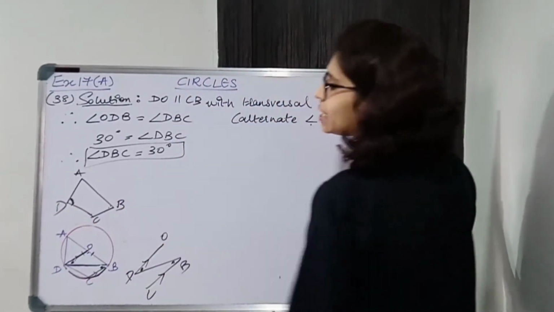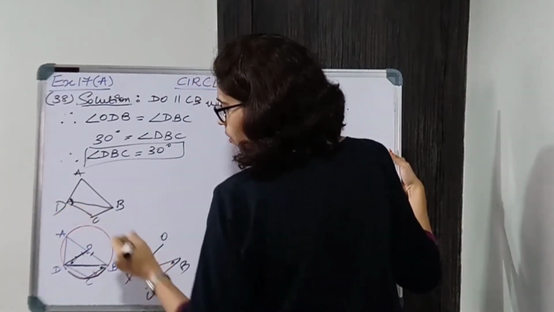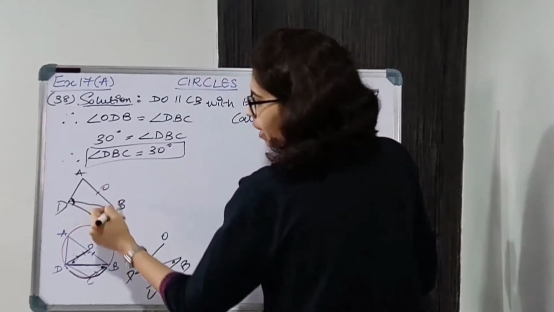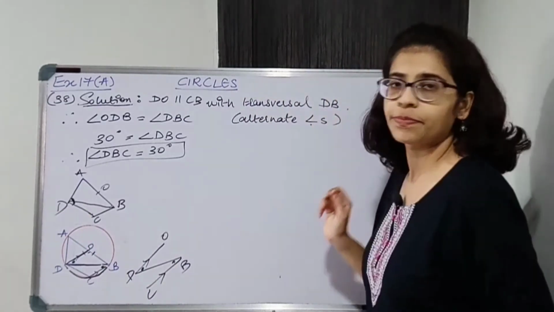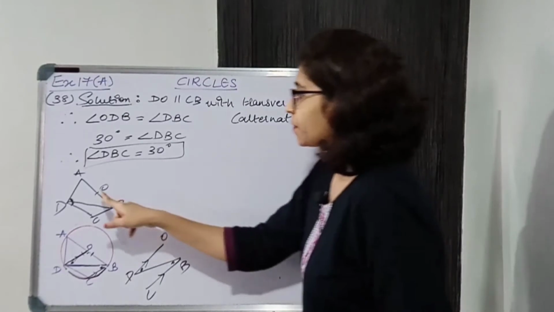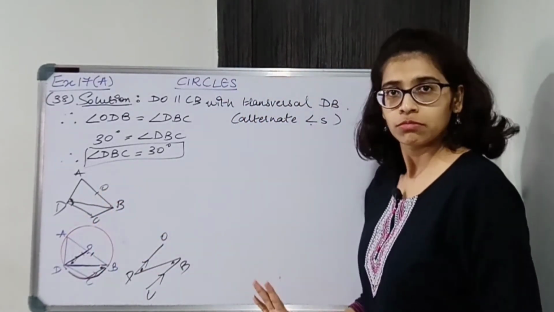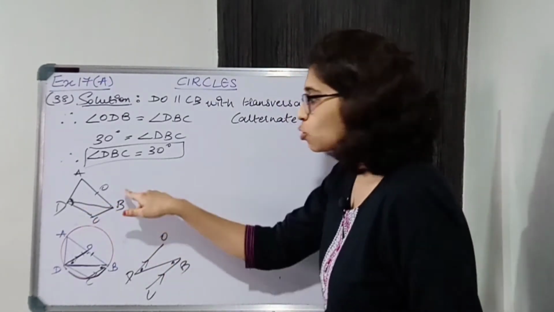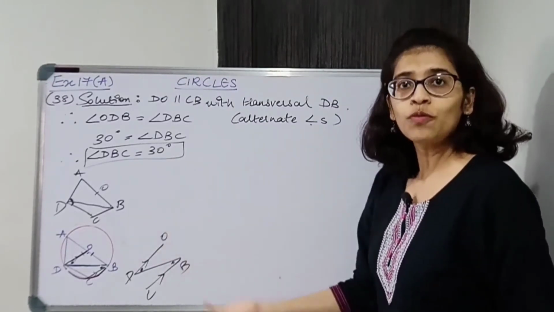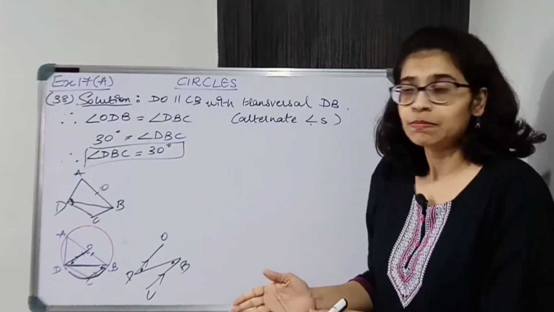I need to know the opposite angle ABC. ABC is nothing but ABD plus DBC. ABD is nothing but OBD. Okay, so OBD plus DBC. DBC I just found, OBD also I found. OBD भी 30 मिला था. So OBD plus DBC is angle ABC. So we'll find angle ABC first and then we'll be able to find angle ADC.